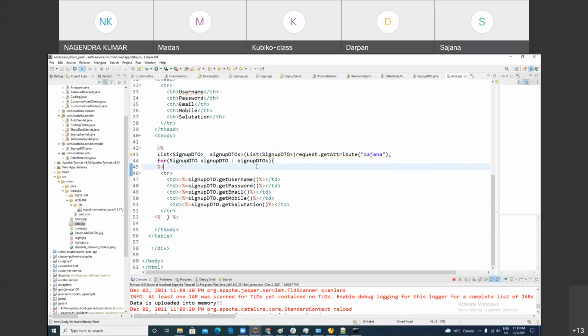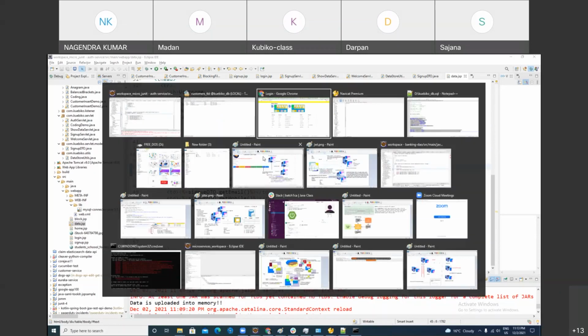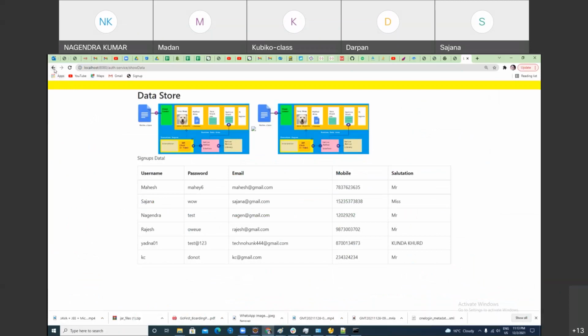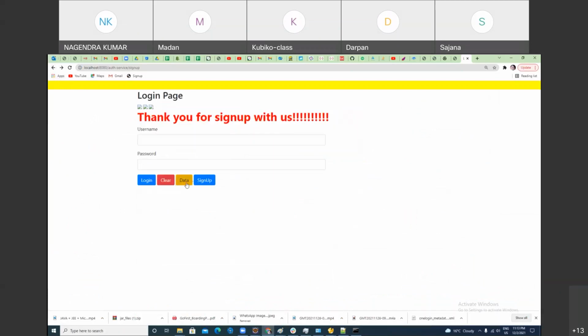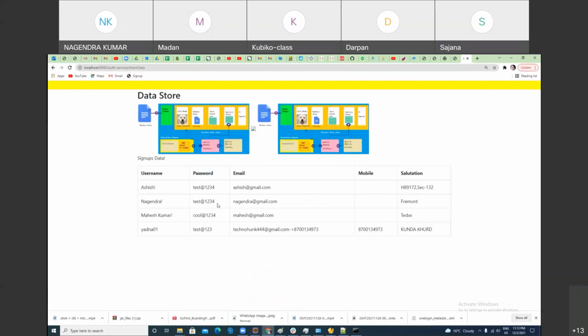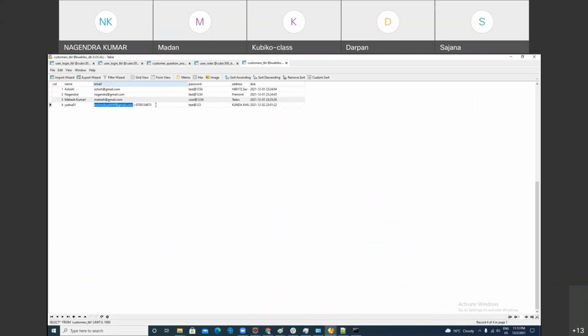Done. Now what happened? It will only show you the data which is in the database, right? Not dummy data. Dummy data we have set in the listener. Make sense? Now is all this data coming from the listener or from the database? Somebody is saying database. It's not coming from the database. So you do one thing: with all the mobile numbers, just do this setting. Now what happened? The mobile number will also appear